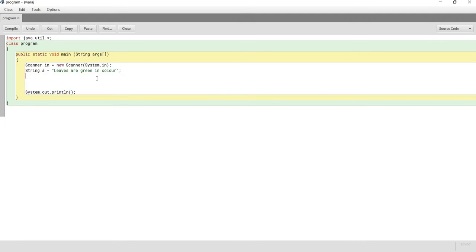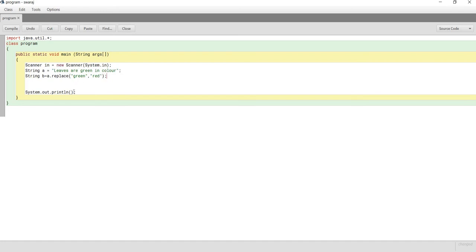Now let's store the replaced string in string B. A dot replace, the string which we want to replace, which in this case is green, with the string which we want to place in the replaced place, which we will give here as red.